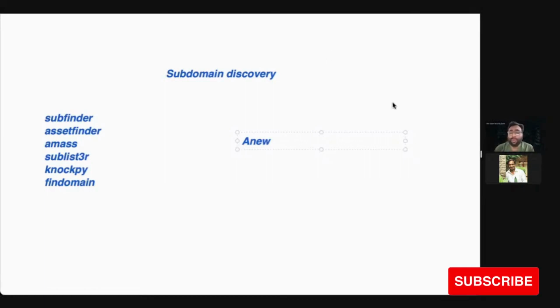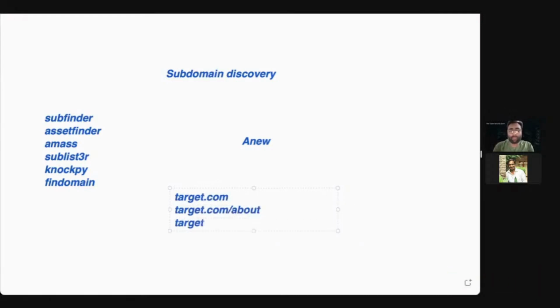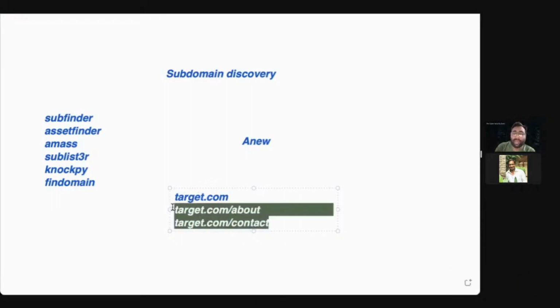Now, if you want to collect the links or URLs of a domain, like this is our domain, and you want to collect the URLs of this domain, like we have about, contact. If you want to collect all these links with the help of scripts, we have some link collecting scripts as well, and the names of these scripts are